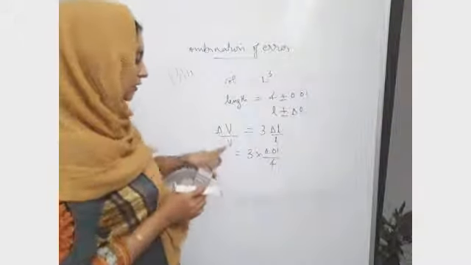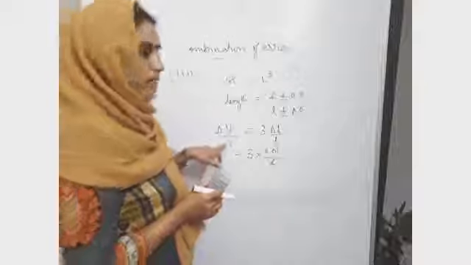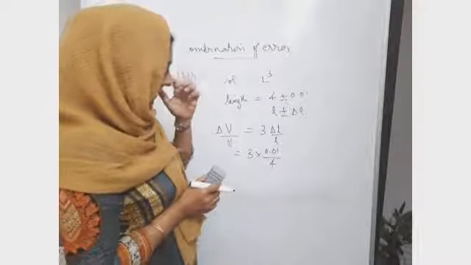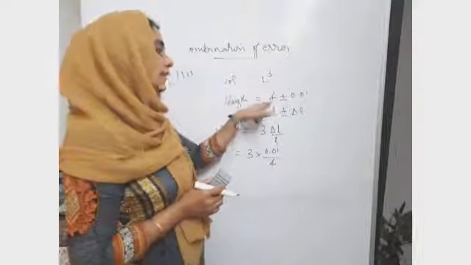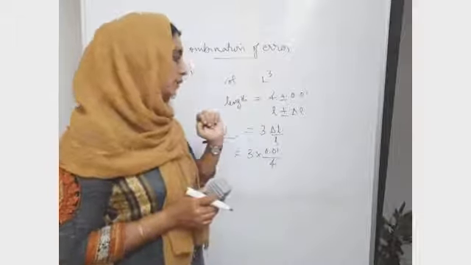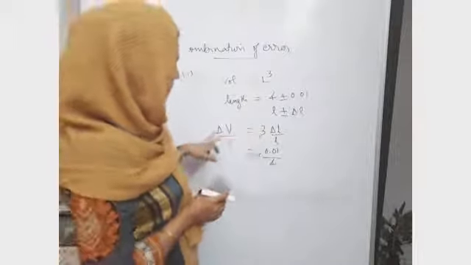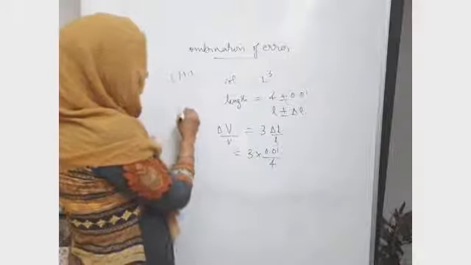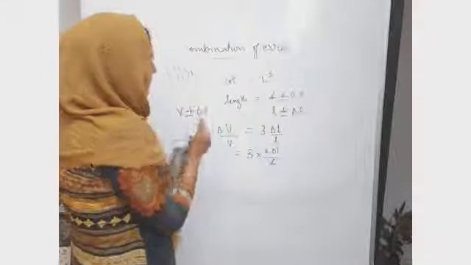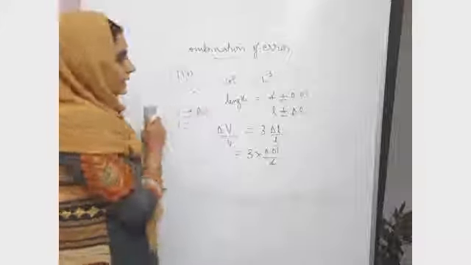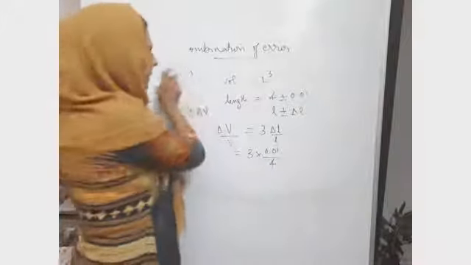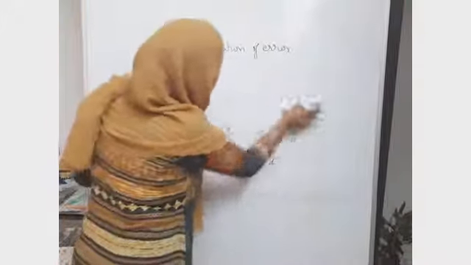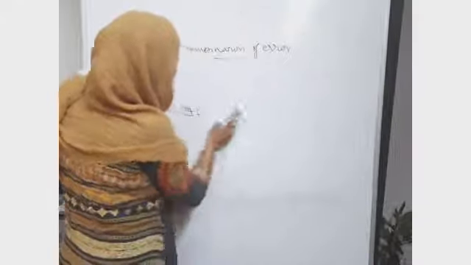You have to find out the volume, because we require volume here, that is L cube. You have to find the cube of 4 and then substitute in finding delta V, and the final expression should be V plus or minus delta V. Now we can see an expression which includes all the three rules, or at least two of the rules of the combination of errors.